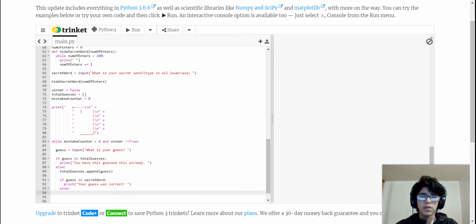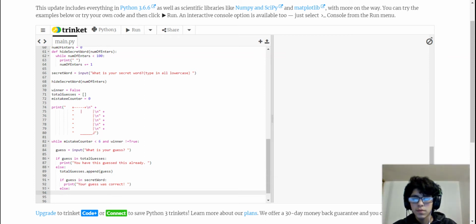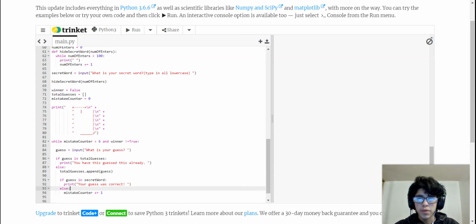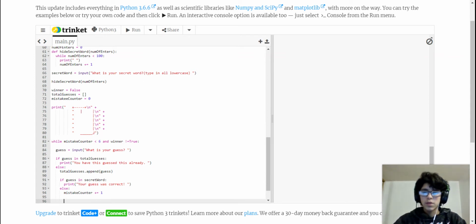And then I'm going to create an else saying if it's not in the secret word, then we are going to add 1 to the mistake counter. The mistake counter plus equals 1. But before that, or not before that, what we're going to do then after that is, oh, actually,